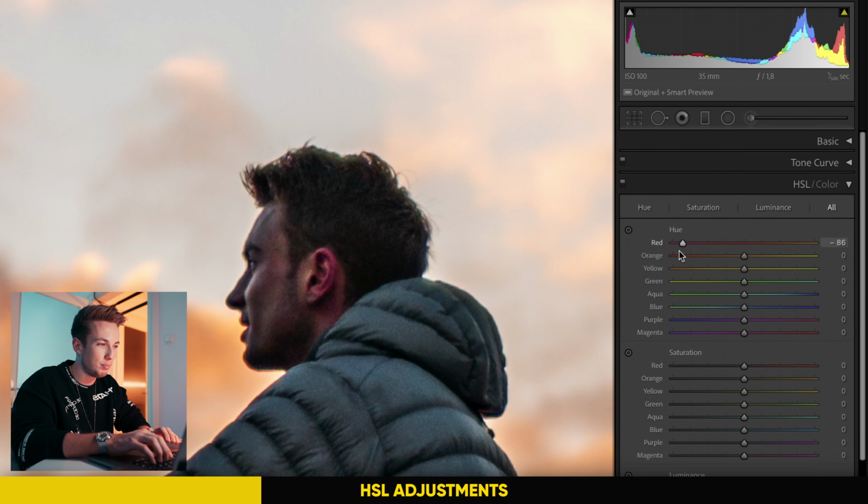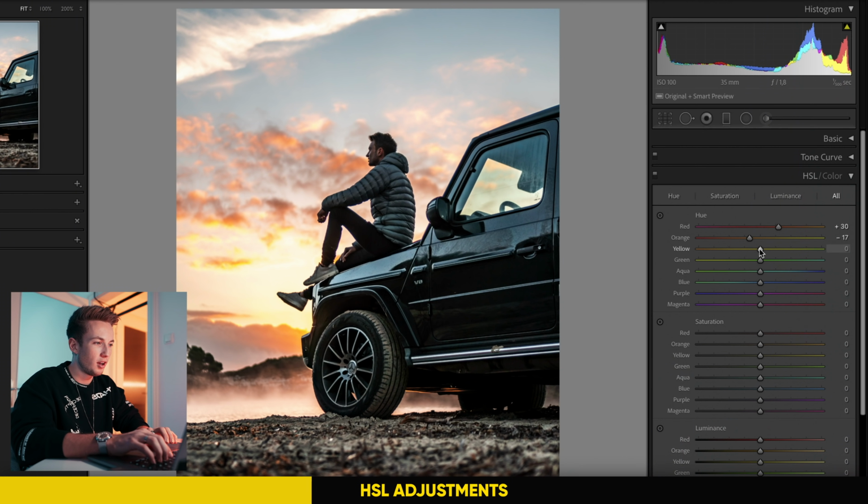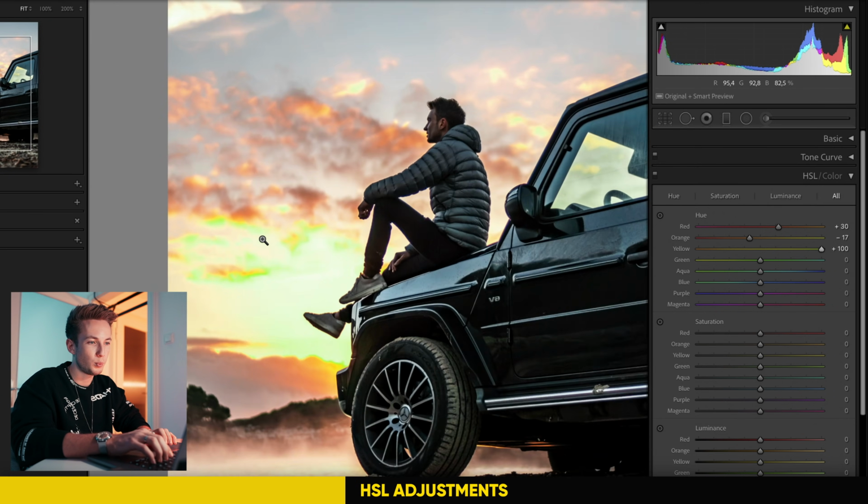So obviously pink looks unnatural. I'm gonna go up a little bit into the oranges, gonna head out again. With the orange tones, I'm going to go a little bit more towards the red to make the sky pop even more. Pop! Then the yellows. Yellows are always a thing. Obviously with sunsets you can't go much further to the green side because you see that it just looks weird. There's no green in the sky unless it's polar lights.